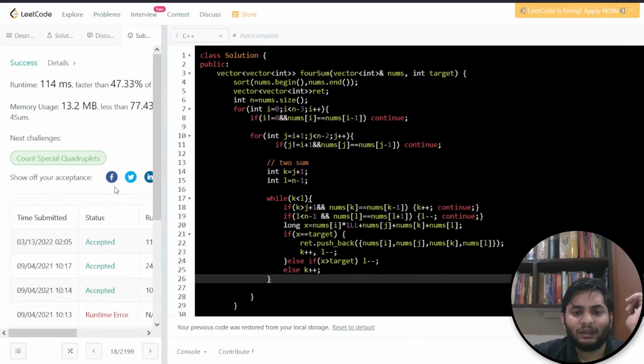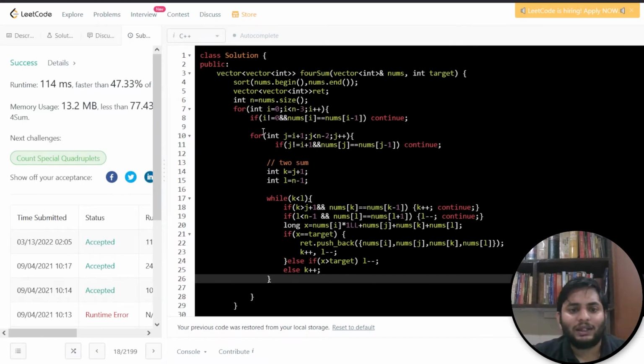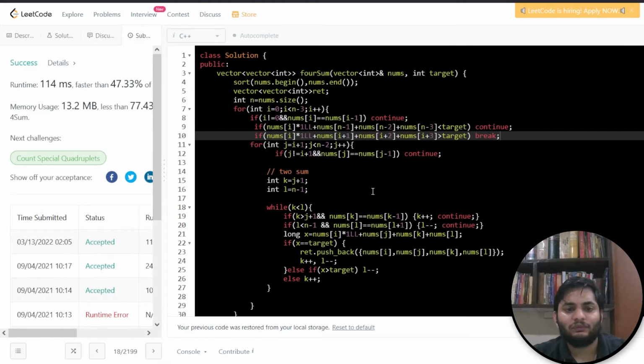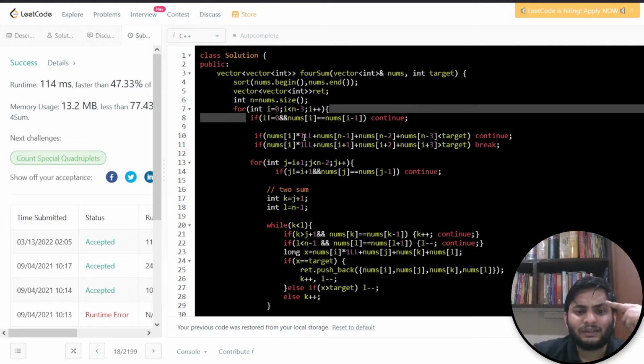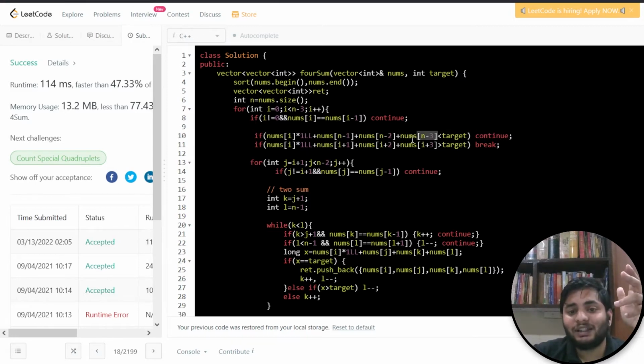114 milliseconds, right? And another thing that I just removed from this part, which is this, right? So what was that? Let's just see. ठीक है, मैंने i फिक्स करा. After that मैंने इनका sum ले लिया long में convert करके, i star 1 l l num n minus 1, मतलब last वाला element, second last element, third last element. इसका मतलब है आपने तीन element last के उठाए और एक element सबसे पहले जो आपने i फिक्स किया था